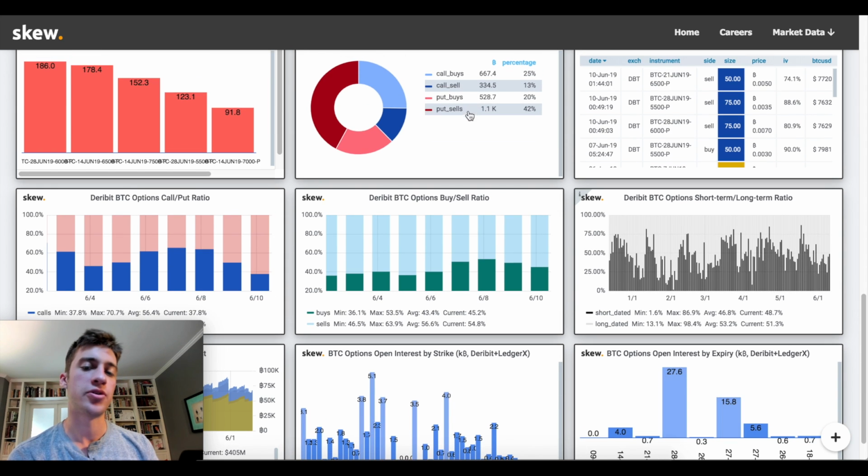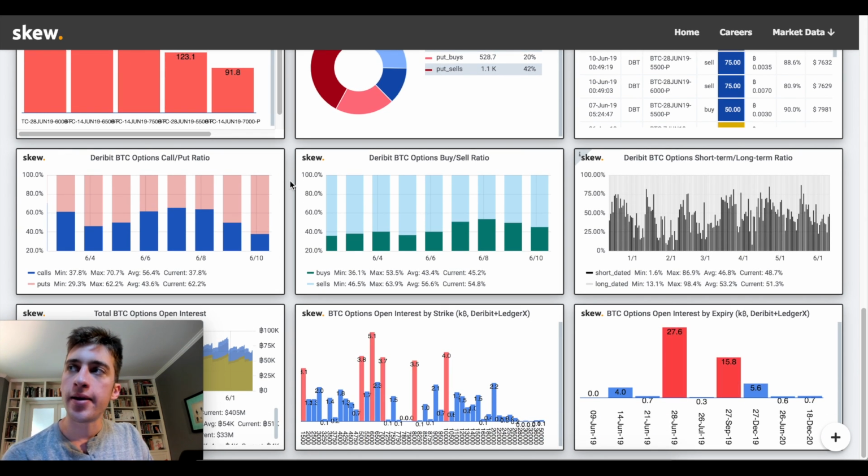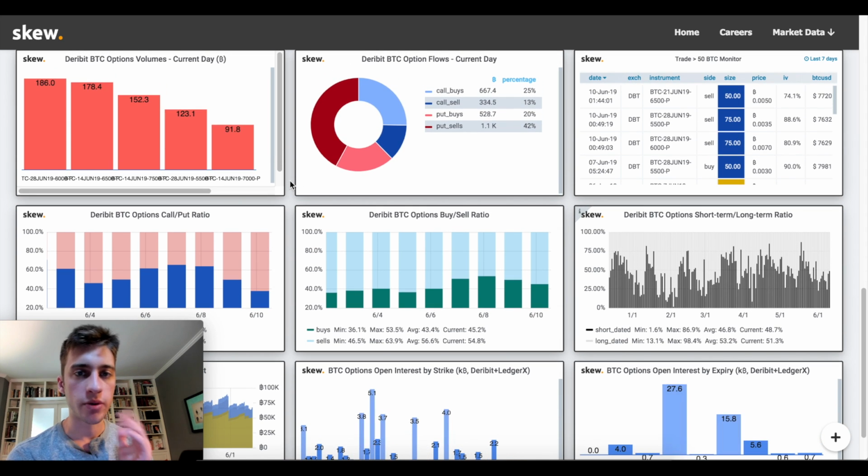But actually, a lot of people are selling puts, and not as many people are actually buying them. So with a lot of people betting that the market is going to be rising in the near future, how do we deal with this information? Well, this depends on if you're bullish or bearish, but you could try to pick off an overpriced premium,